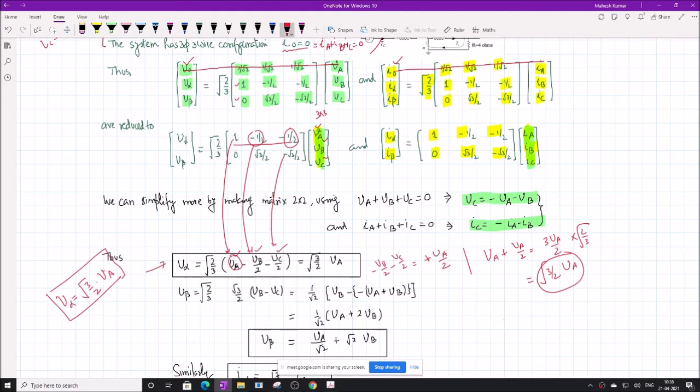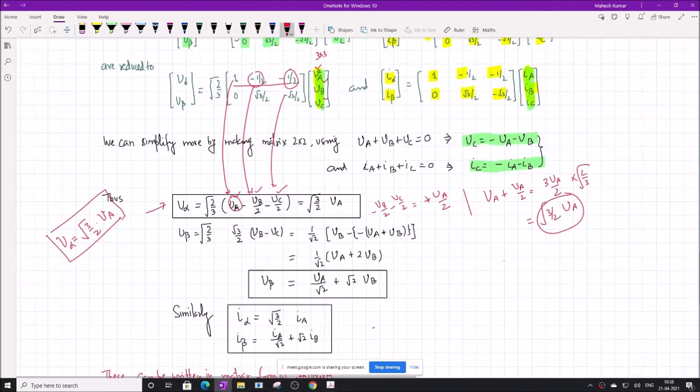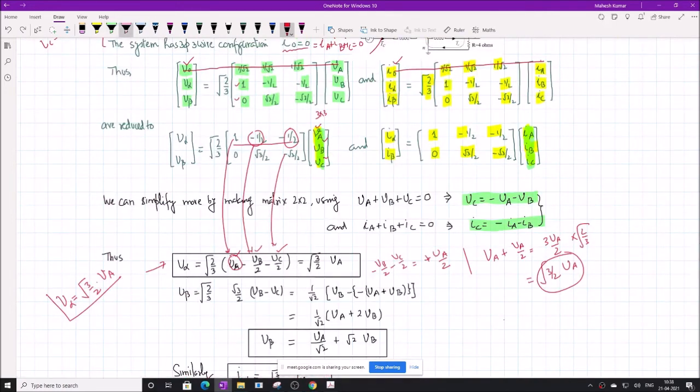Then find B beta. B beta becomes here root 2 by 3 from transformation. This one root 2 by 3. Okay. This root 2 by 3 here, and then becomes 0 into BA, so 0 into BA, root 3 by 2 into BB, this is root 3 by 2 into BB minus BC, this is minus BC, okay. So this is minus, this is plus.